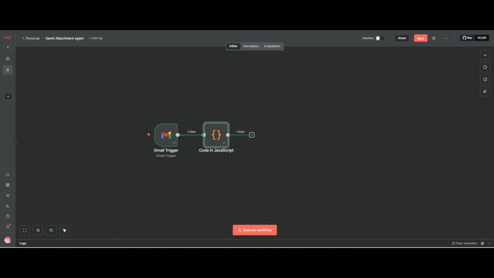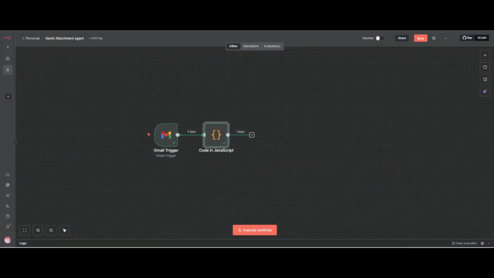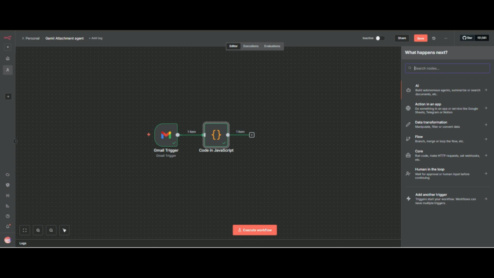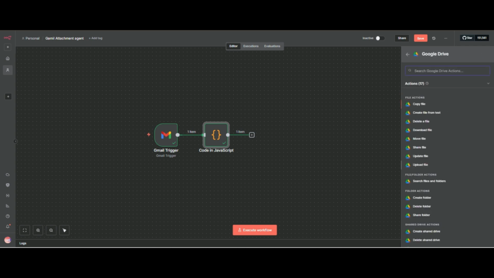And now we have to upload this file onto our Google Drive. So I will click on it, drive, and now you can see you have more options. So now we have to upload the file, so I will click on it.